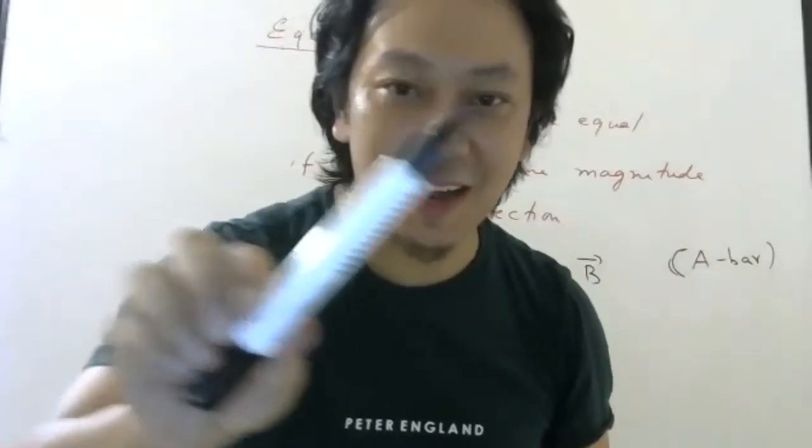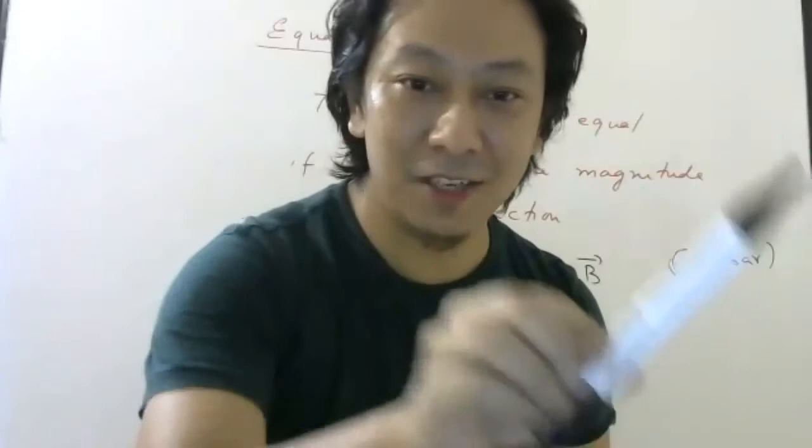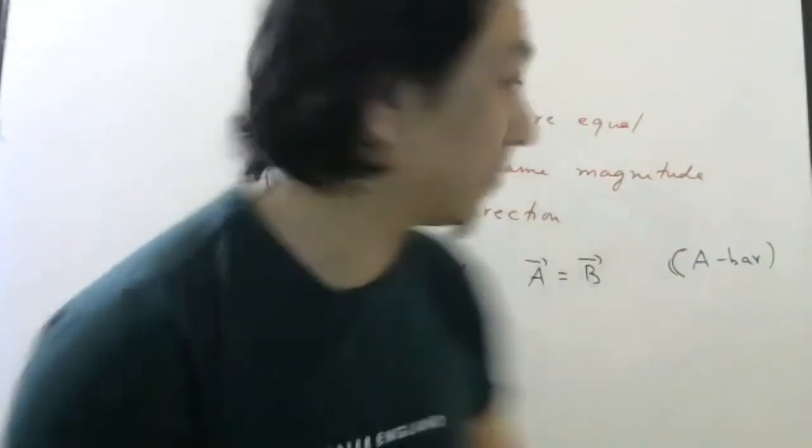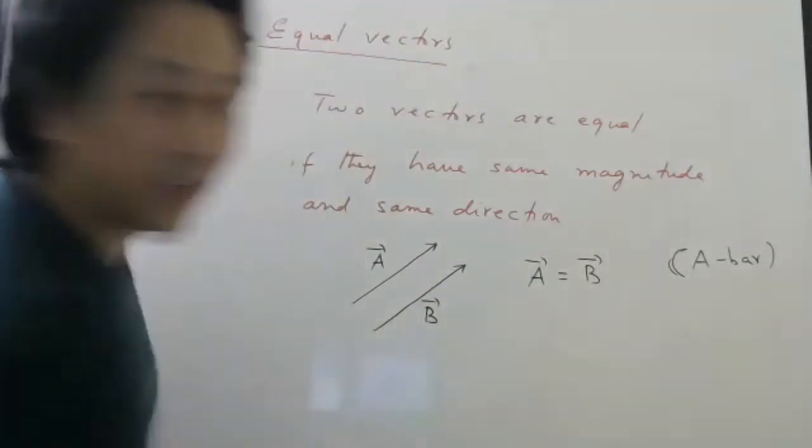If it was a classroom, usually in classroom I go everywhere, but here I cannot go everywhere. So if this is a vector, you can move the vector like this, and it will be same vector. Okay, so keep that in mind. Very important property. So this vector is same as this vector. Equal to means that only, right? Okay.